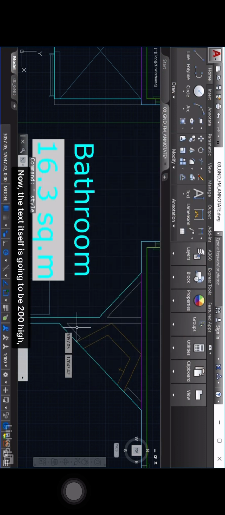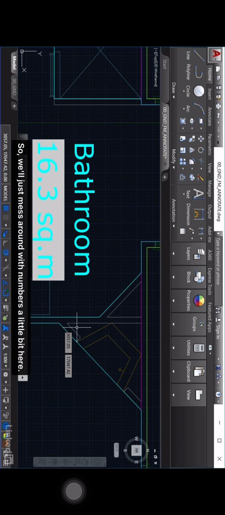So I'll apply that now, set it as the current style, so that's SP numbers model, like so, and then close. Now the text itself is going to be 200 high, and what we want is a boundary around the little box that's going to go around the number. So we're going to make it, roughly speaking, 25 all the way around. So that's going to make a box that's 250 high, isn't it, if we think about it. So the box has to be 250 high with a number inside it that is going to be roughly 3